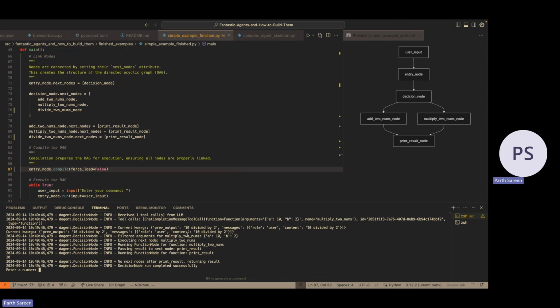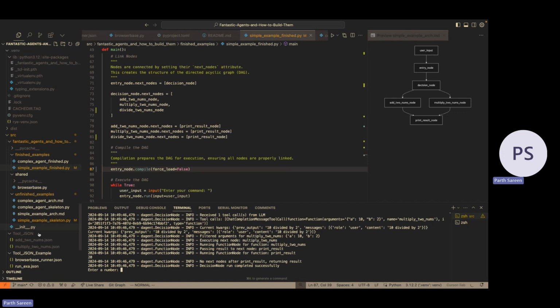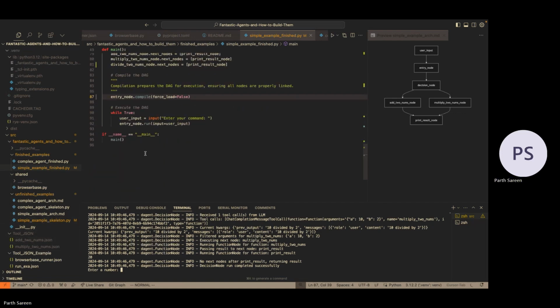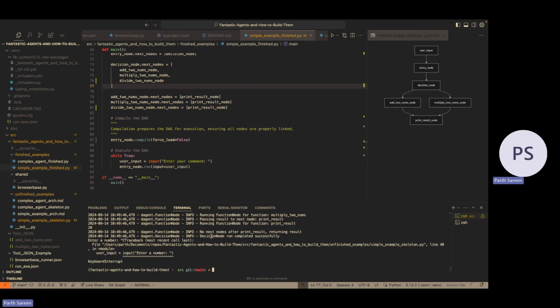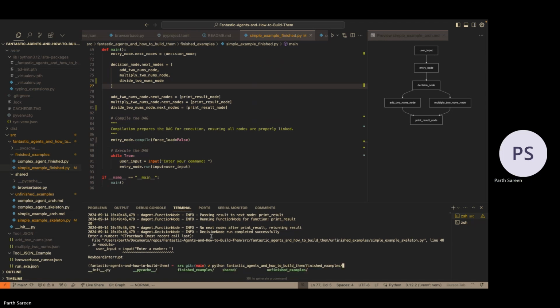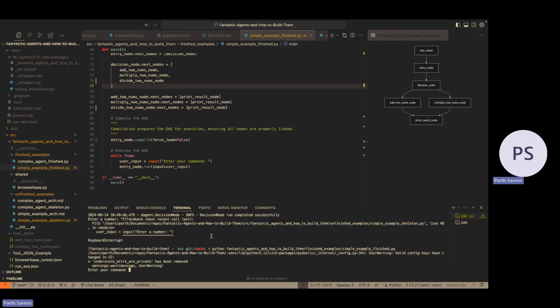Very cool. So this is where we're seeing that things can still go wrong with agents because you're giving a lot of context to our, oh, maybe it's not just, oh, was it running the wrong one? Yes, I was just running the wrong one. My bad. This simple example is finished. That is better.